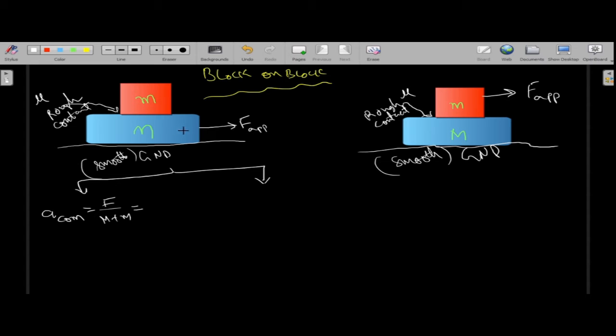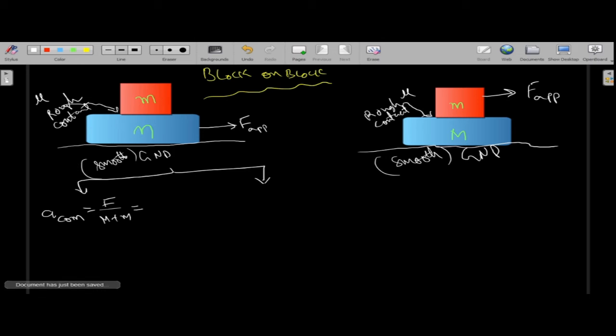if the main block is moving in the positive x-axis direction, there is a chance of falling back for the upper block. Remember carefully, the bottom block is going in the forward direction and there is a chance of the upper block falling back. To prevent this, frictional force acts in the forward direction, and a force which will try to make it fall backward is called the pseudo force. The pseudo force will act in the backward direction, which will try to pull the small block backward. That's called pseudo force.